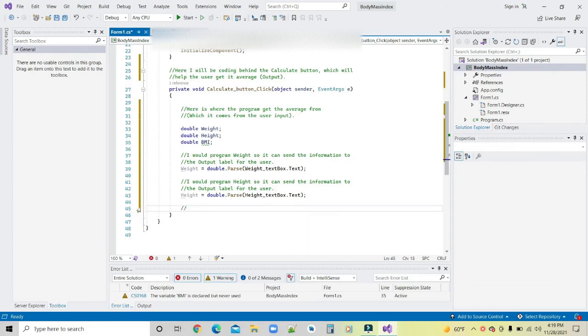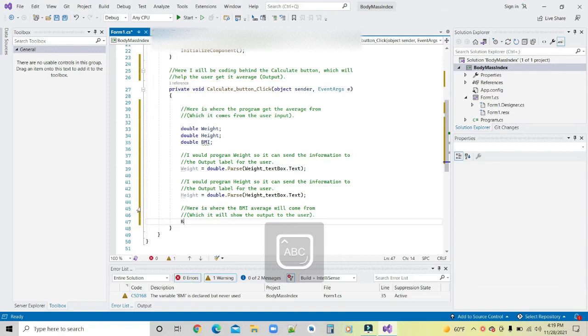And next, I will bring everything together, which I will use BMI, after I get done commenting right here. Okay, after I got done commenting, I will start with BMI